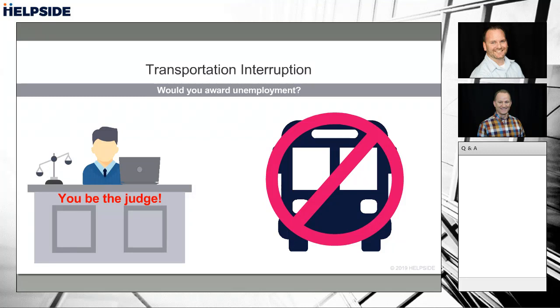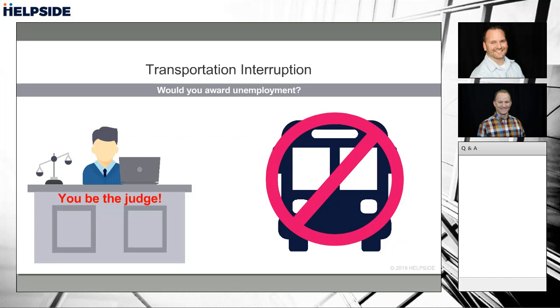If the employer can show that they did everything in their power to try to get her here, some larger companies have some sort of a rideshare bus. They own a bus. They go around and pick up their employees for situations like this. If the employer can show that they tried to keep her in some way, shape, or form, and they show that to a judge, there's a possibility that the judge would not award because the company is trying to keep her. They're trying to present options, and if she's not accepting those options, then it becomes a little bit of a different story. Yeah. A little tricky.